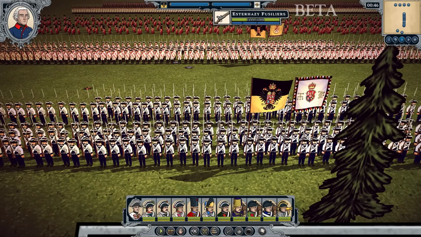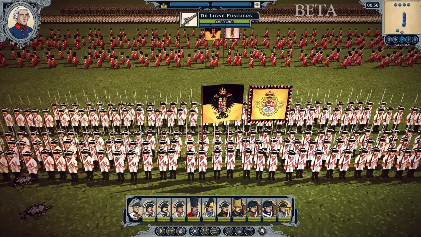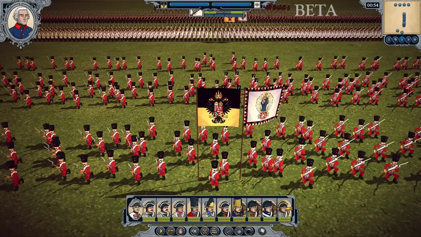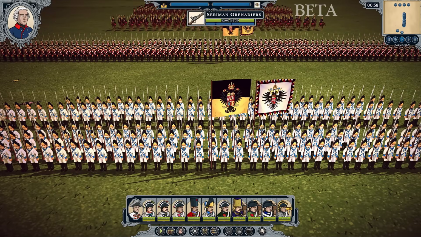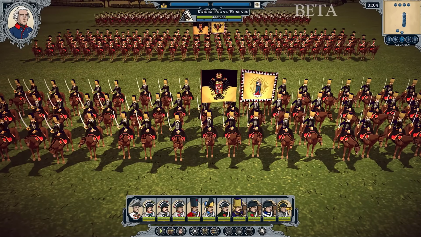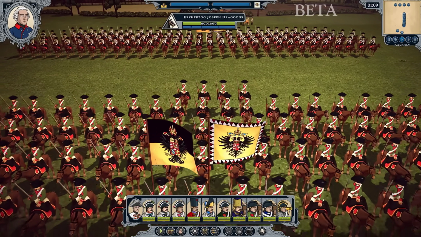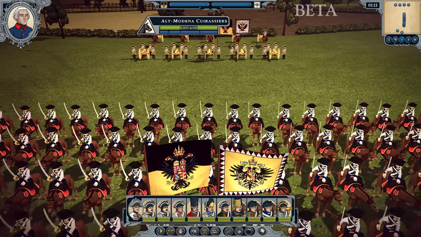Austria's renowned units include the Deutschmeister Fusiliers, any fire and maneuver players will recognize these, the Esterhazy Fusiliers from Hungary, the De Linie Fusiliers hailing from the Austrian Netherlands, the Ottokanner Grenzers from Croatia, the Saruman Grenadiers, the Green Loudon Grenadiers, the Kaiser Franz Hussars, the Archduke Joseph Dragoons, the Alt Modena Cuirassiers from Italy, and